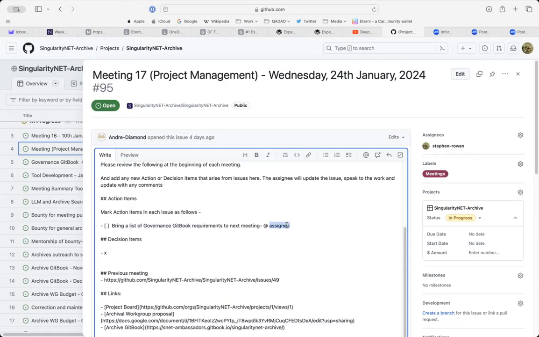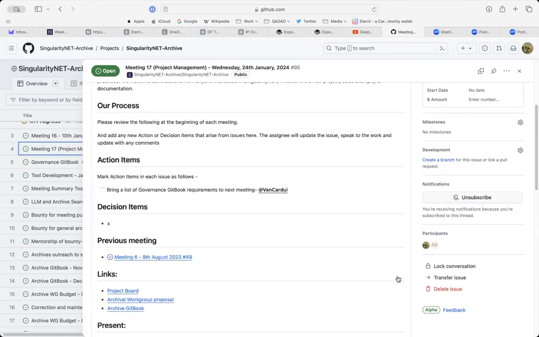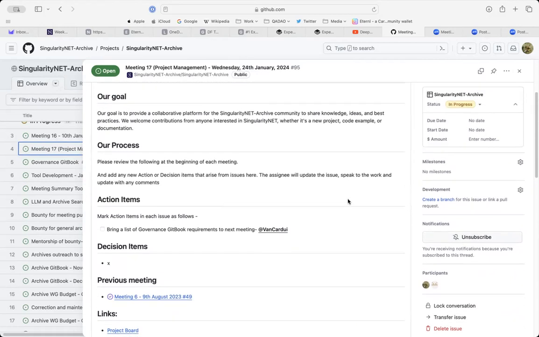And that's Vanny. Hopefully that'll come up actually. Let's try it. Yeah, and if you want a due date, it's the 7th of Feb. That'll be our next meeting. I don't think it's gonna do that. So it's only working with the native functionality. The way it will work in the action items is that we would just refer to the action items from the previous meeting, because this will copy through to the next meeting issue. Cool.